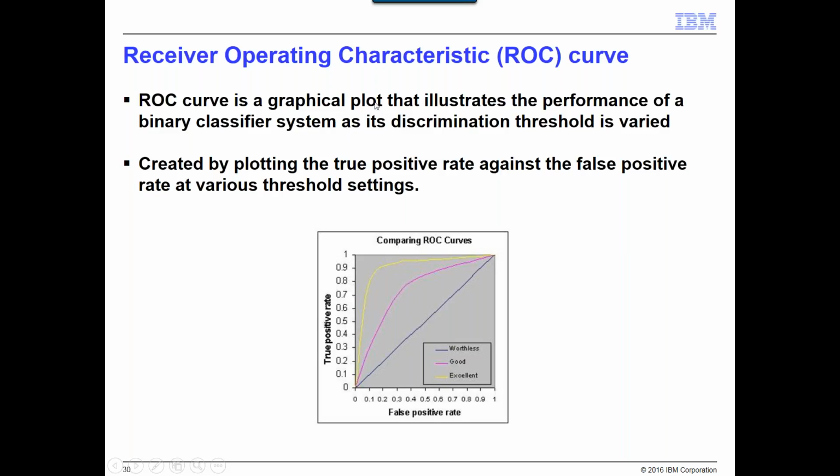Basically, it is a graphical plot that shows the performance of a binary classifier system, in this case using logistic regression, as its threshold value is varied. You get these curves, and it's basically plotting true positives versus false positives. And this straight line here basically means it's no better than a guess. If I just flipped a coin, I would get this. But these curves up here are better and better. The closer the curve hugs the left-hand side and top axis,